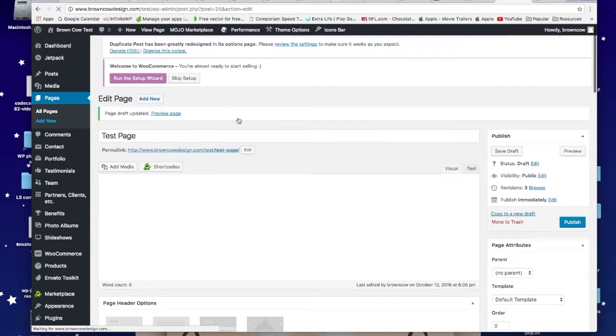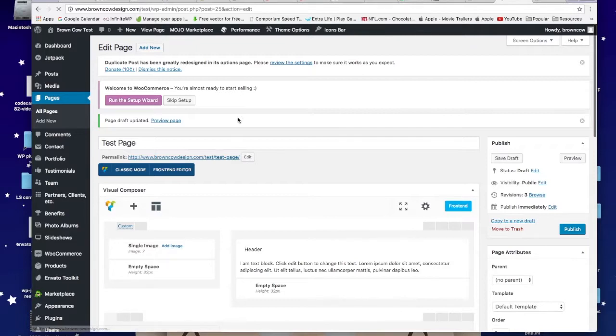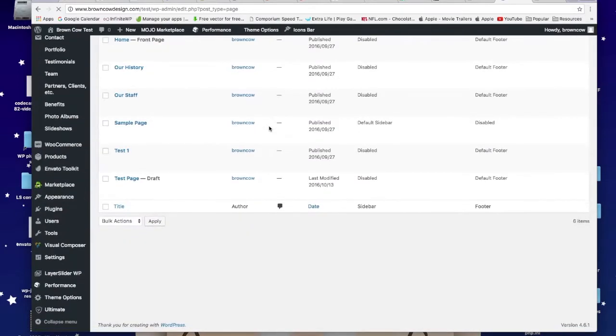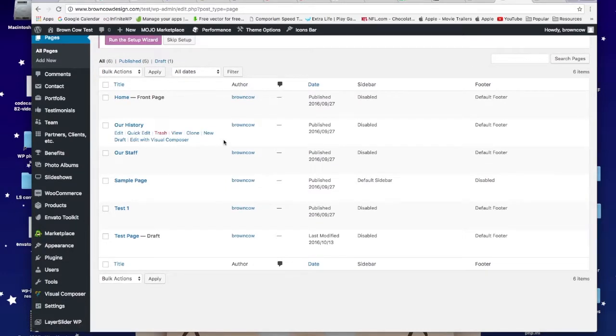We'll hit all pages. And it's working. Now, there's a little plugin called Duplicate Post. On most of my clients' sites, I put